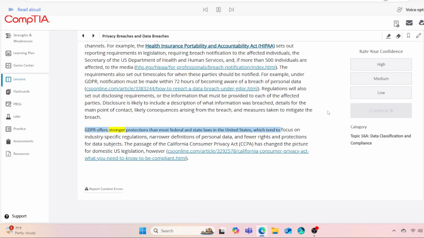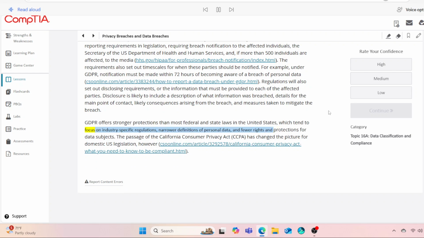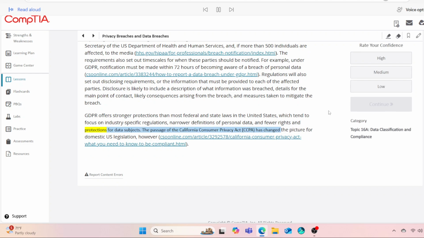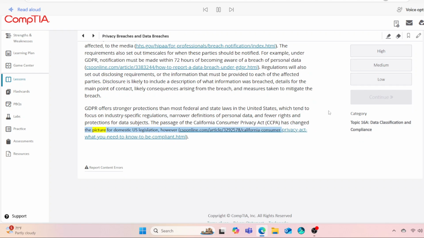GDPR offers stronger protections than most federal and state laws in the United States, which tend to focus on industry-specific regulations, narrower definitions of personal data, and fewer rights and protections for data subjects. The passage of the California Consumer Privacy Act, CCPA, has changed the picture for domestic U.S. legislation. However,